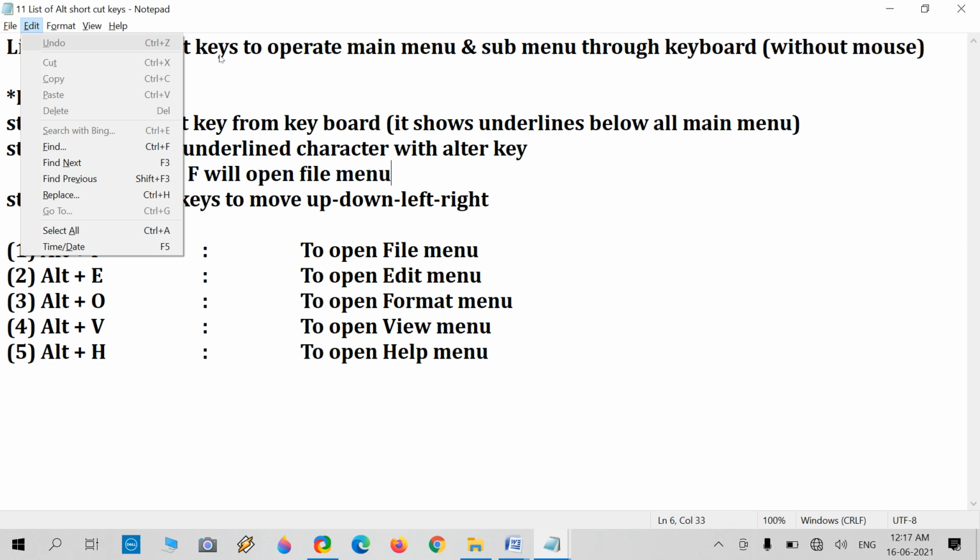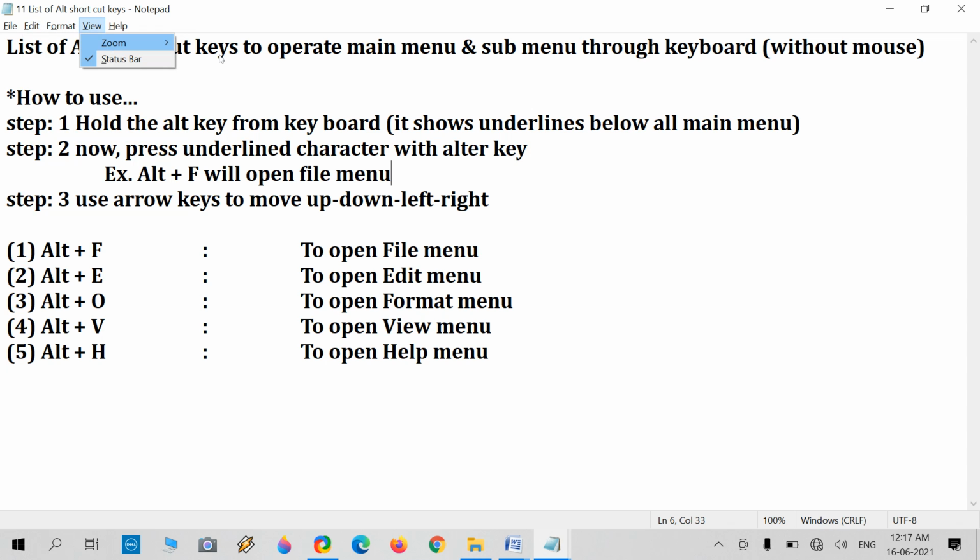Left arrow, it will move the selection to the next main menu or a sub menu. Like in the view, there is a sub menu first, so it opens zoom, and zoom in and zoom out, like sub options of zoom. So I'm pressing right, and it will close the specific sub menu.